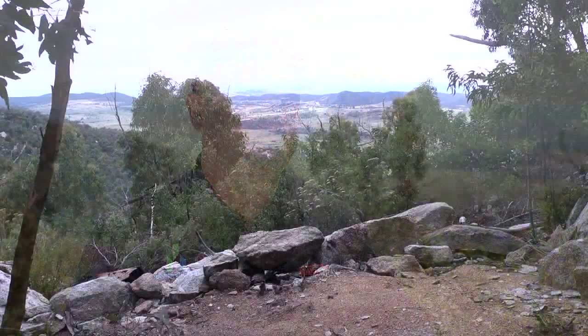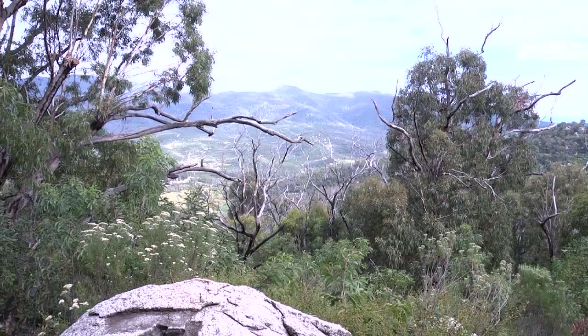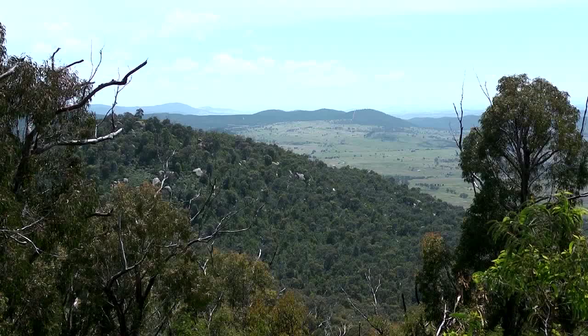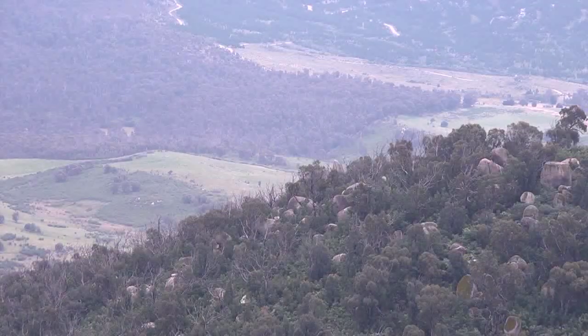We've also suggested and designed, and we're going to install, this platform in this area that we're standing at the moment to take advantage of this view. We've also suggested and implemented alignment changes, so we can take in the view, so we can offer the end user a more interesting and rewarding experience. And we also suggested and we've now implemented a track realignment from the saddle through to the base of this particular track as well,